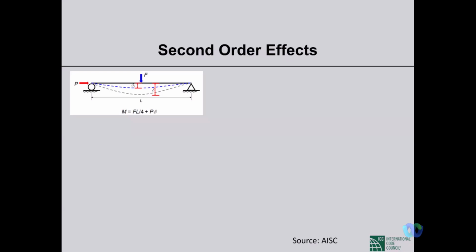This P small delta is a second-order effect. This is called the secondary moment. So this is called the P delta effect. Now, to consider this,